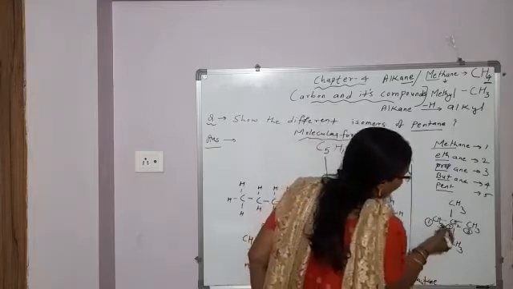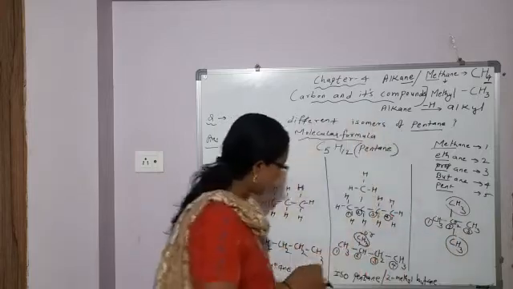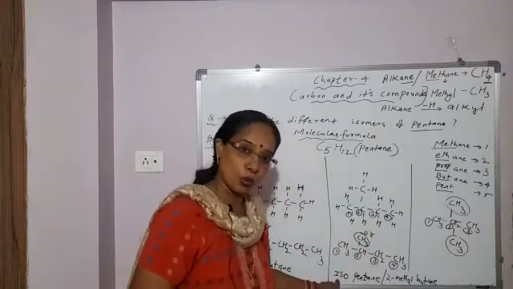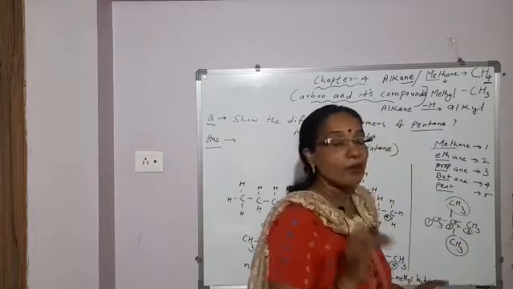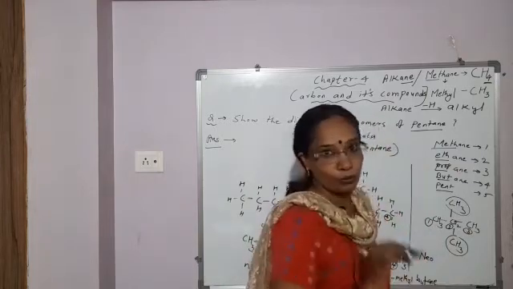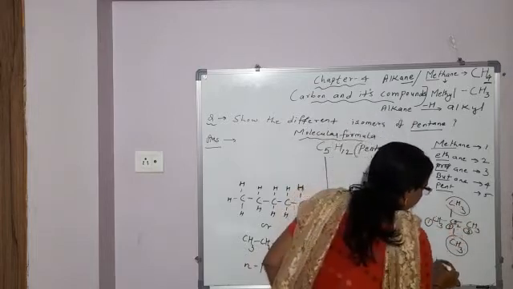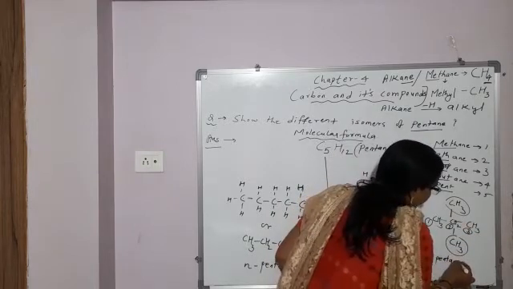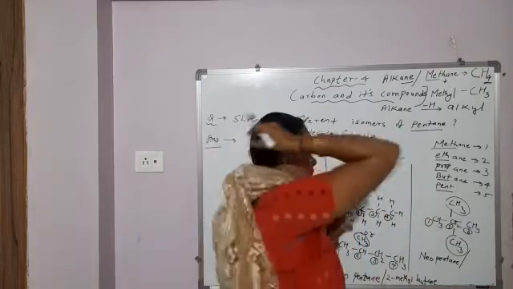Okay. Now when in the second last carbon atom 2 methyl groups are attached. Just now I discussed when in the second last carbon atom 1 methyl group is attached, what is the prefix used? Iso. Now in the second last carbon atom 2 methyl groups are attached, then what is the prefix used? Neo. Then total how many carbon atoms? 1, 2, 3, 4, 5. Pent. And between carbon atoms single bond, so ane. Neopentane.